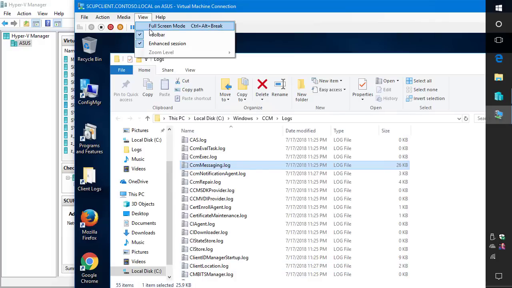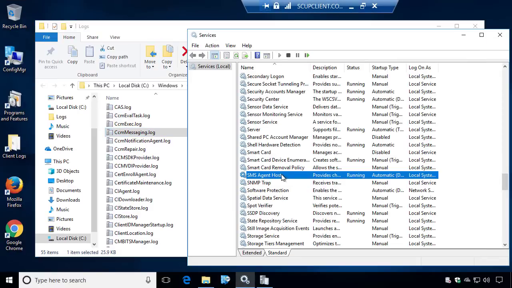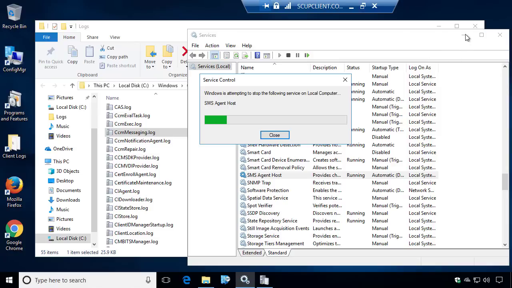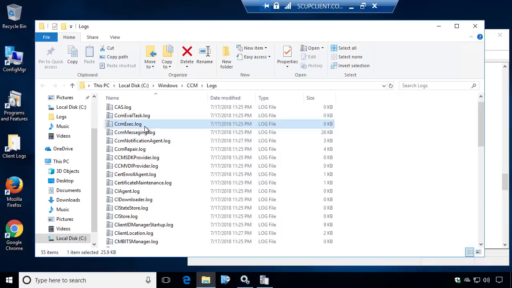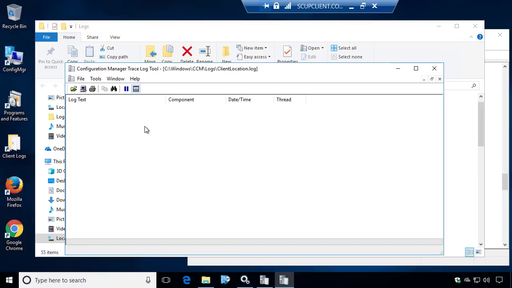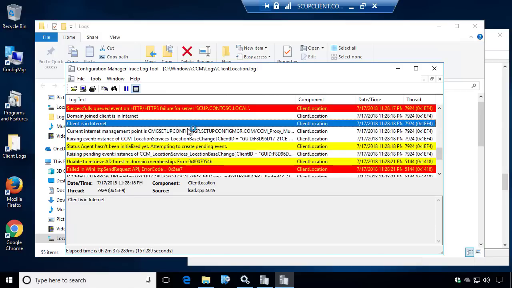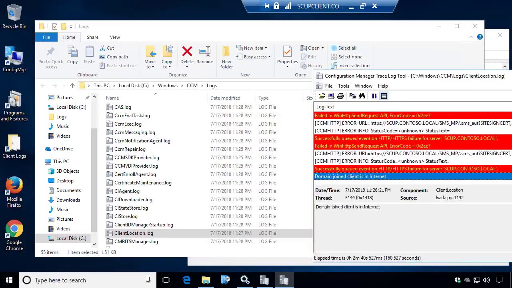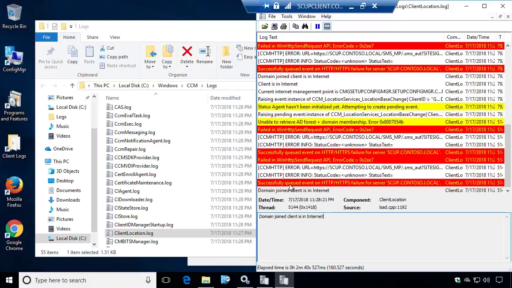We're going to make this full screen again, and I'm going to restart the agent host so that it detects it's on the internet now. One thing to note is that if you're using Hyper-V and you just switch the network, it's not going to detect the actual adapter change like if you were to reconnect to Wi-Fi. So in that case, we're just going to restart the agent host, and we'll monitor client location. And now we can see that it says the client is domain joined, but it's on the